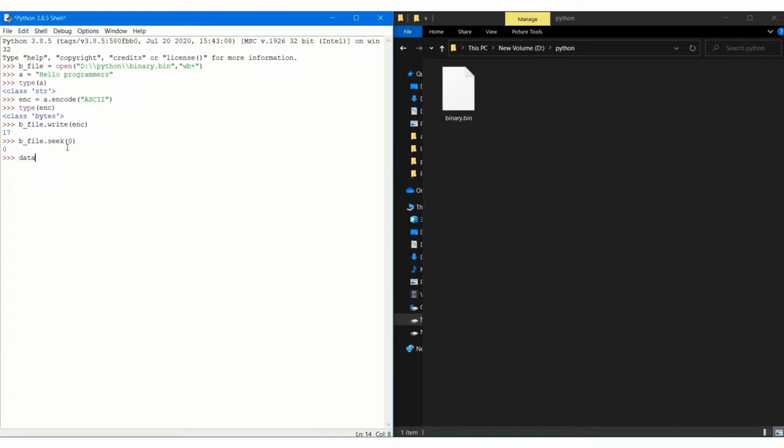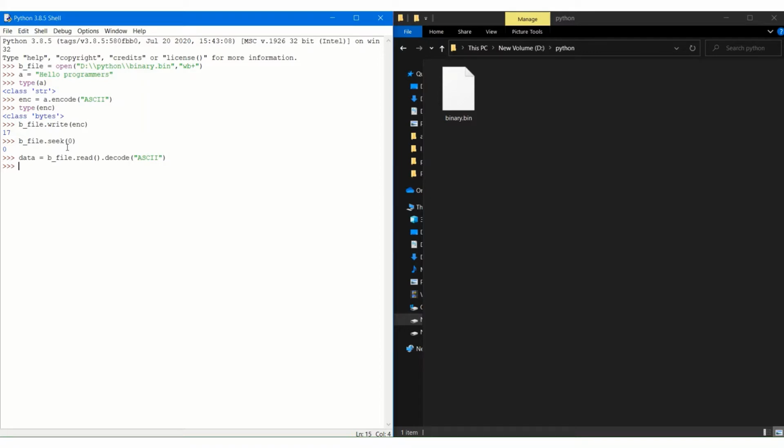So let's store this in a variable called data, and we want to read this. Okay, but wait, here also our data is in bytes, so we need the decode function to decode our data. Okay, so decoding will be as per ASCII.